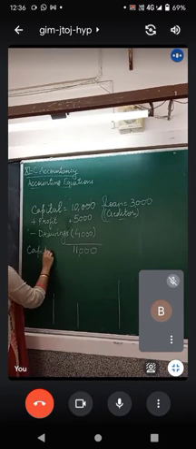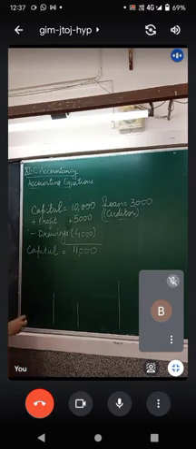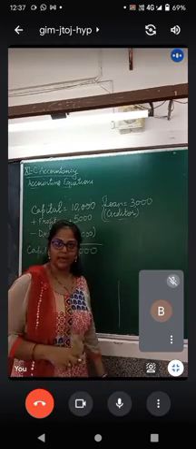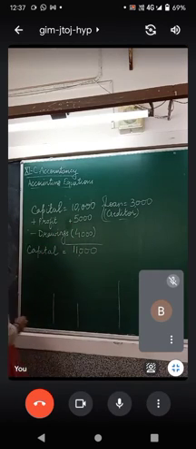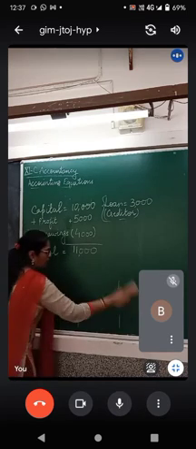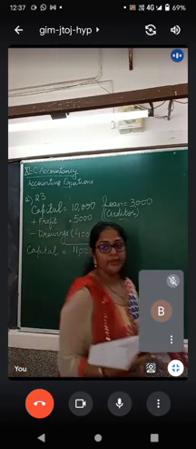This is your actual capital, which is to be written in the balance sheet. So this is one small question which is telling you how you actually calculate the amount of capital. Note it down and then write the B part of this question. This is the A part of question number 23. Next question, 23B.